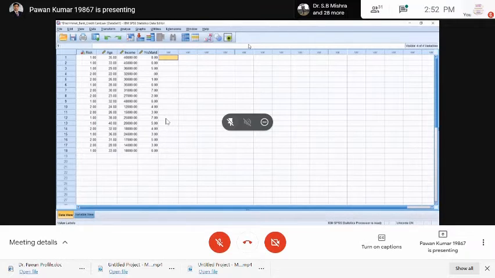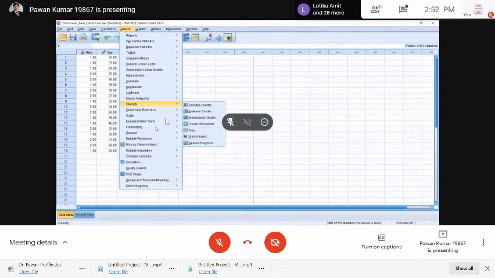You can see here also, one means low risk and two means high risk. You are going to ascertain whether the customer is eligible for a credit card or not. So we can straight away apply discriminant analysis. What is the step? Please note down the step. Go to Analyze.